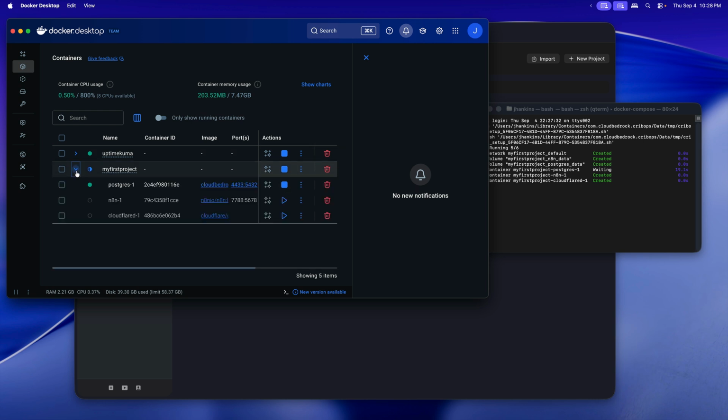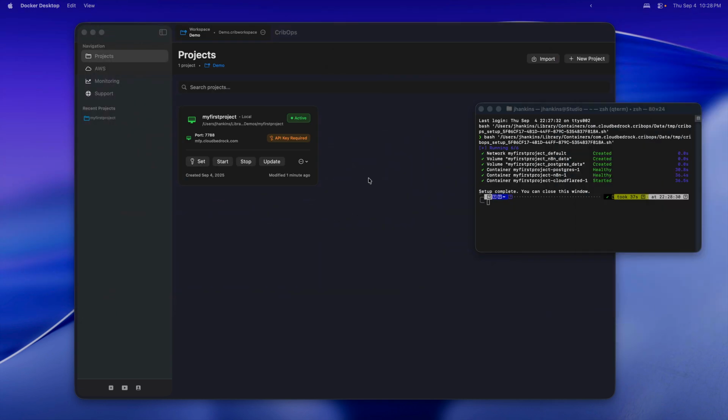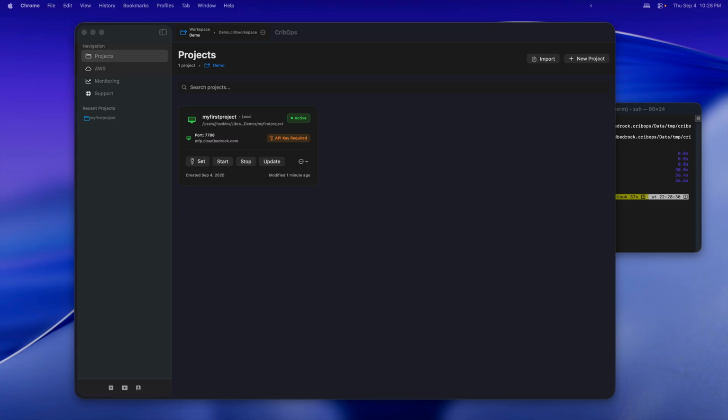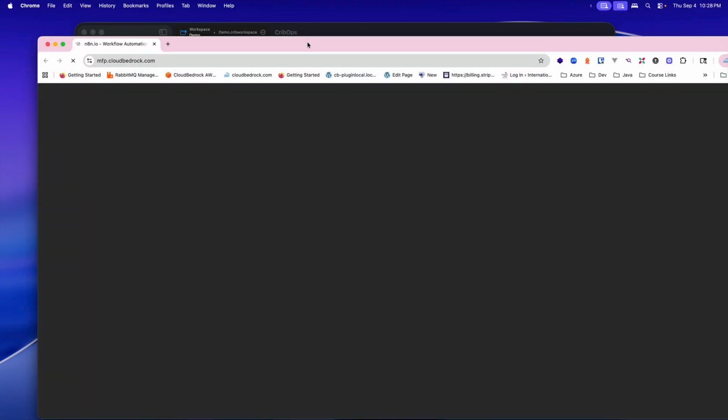So you can see visually what's happening here as it goes through and starts each container. The first start takes a bit because N8N has to wait for Postgres to be enabled. Then it has to do its first start, creating all the databases that are part of N8N. And then once all that's done, Cloudflare is waiting for that to happen, and then it creates the tunnel. So now the next step is to go and open N8N to get your first user experience that you're kind of used to having, depending on how many times you've